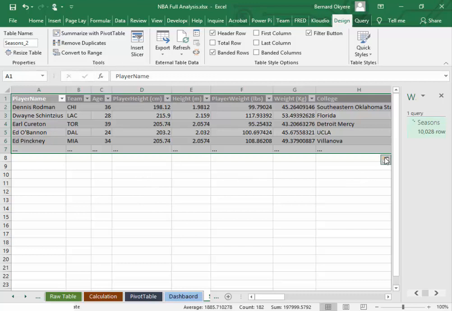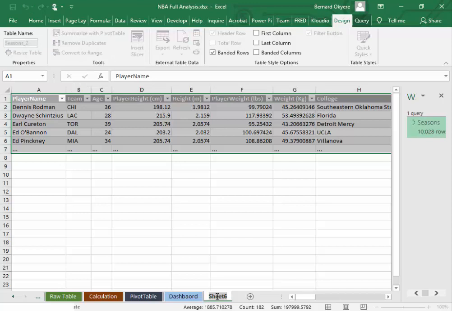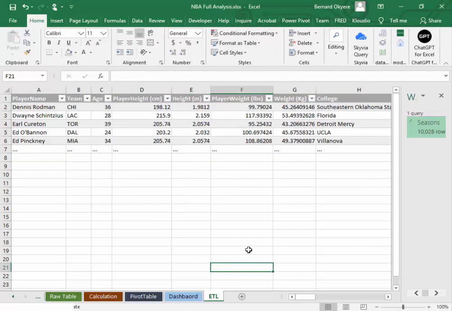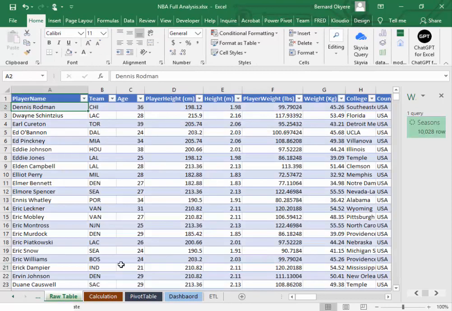So when you bring it back, it creates its own table for you. So you call it ETL. Mine is still loading. Then for Ellen and Philip,